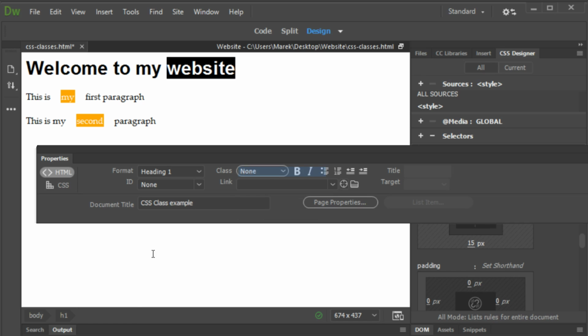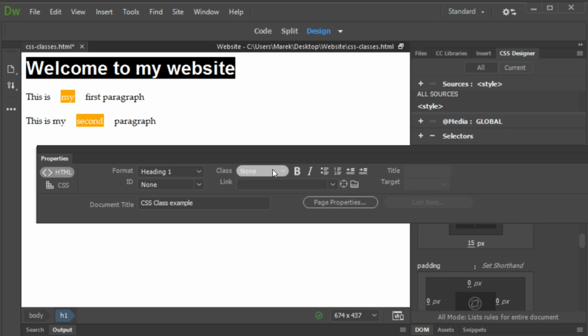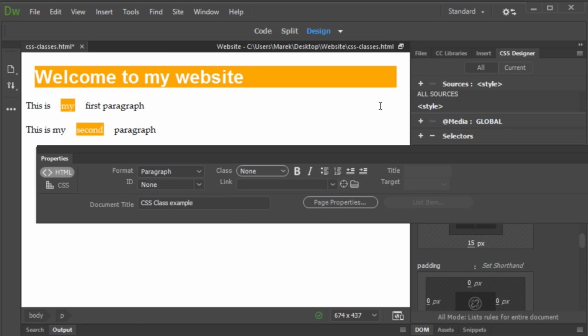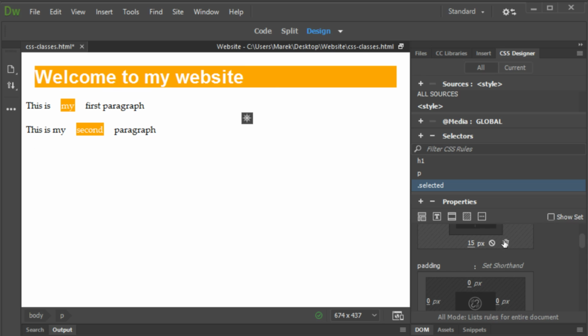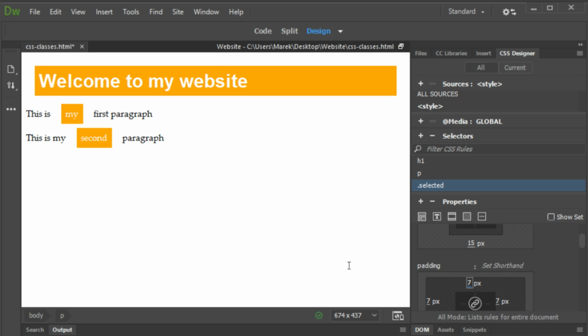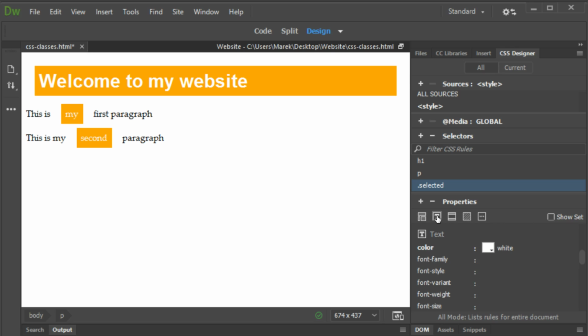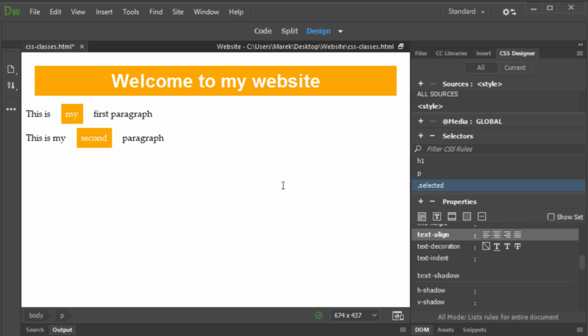And if I wanted to apply it to the whole tag, select the tag and apply it to the whole tag, and you get all of that extra margin applied to the heading as well. So if we then choose to go back in here and put some padding in, it starts to look nicer as well. And if I then decided that I want to have my text align to be center, it now centers that alignment as well. So some cool things that you can explore and do with classes,